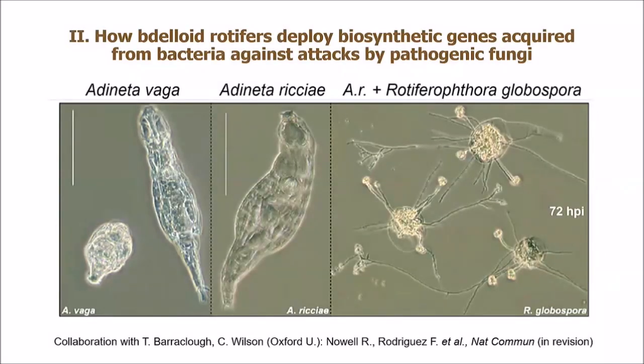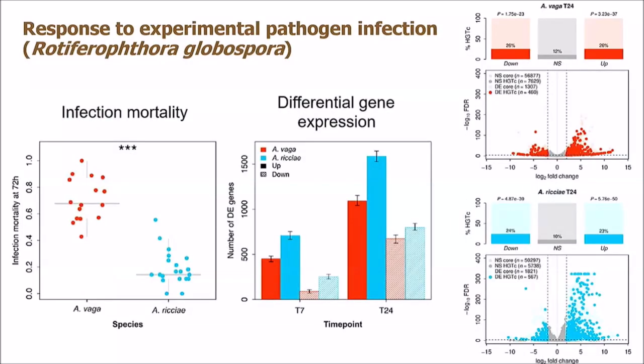So another case of horizontal transfer was unexpectedly discovered during studies of fungal infection. And this is a collaborative work with a group at Oxford University. So essentially, when you infect rotifers with these fungi, it can be pretty devastating. On the right, you can see what happens to a rotifer when it's infected by this fungus. So it basically consumes the animal in its entirety. And RNA-seq analysis